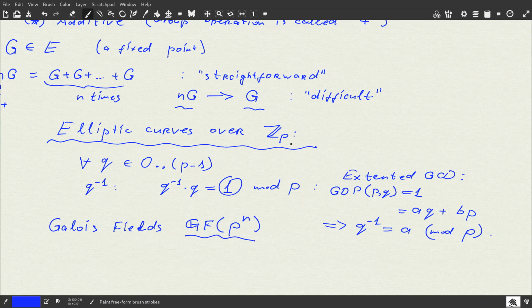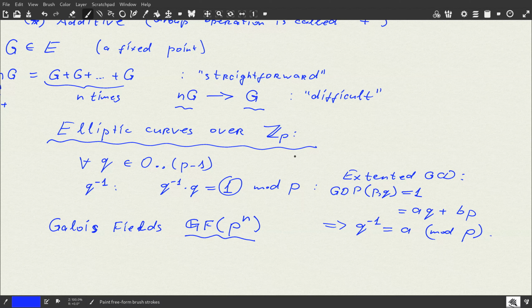So in general, instead of ZP, we can consider elliptic curves over Galois fields, but this is currently considered to be unnecessary. Galois fields are much more useful in encryption algorithms like AES, when we need to, for example, invert arbitrary bytes, which have 2 to the power 8 values, and then indeed there exists a Galois field of that size, whereas obviously 256 by itself is not a prime,